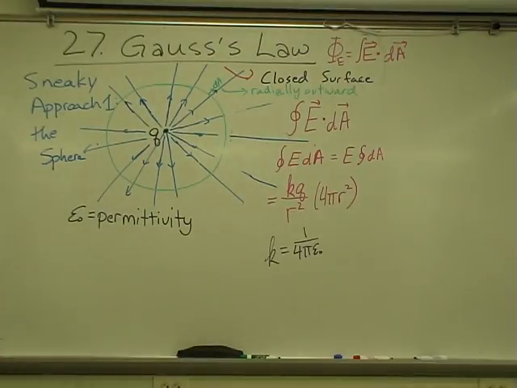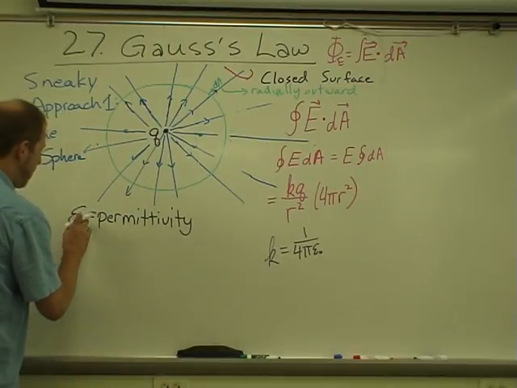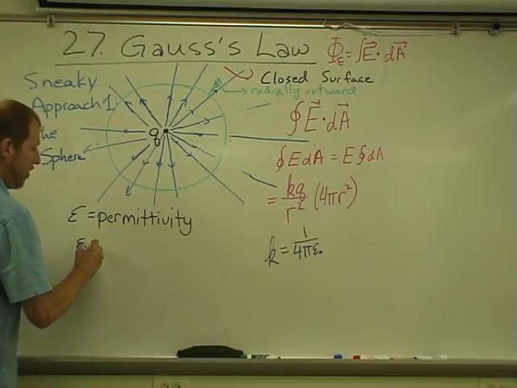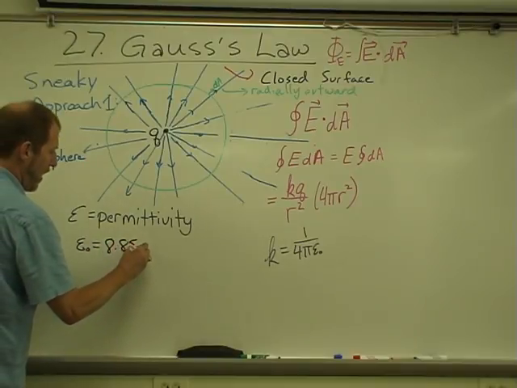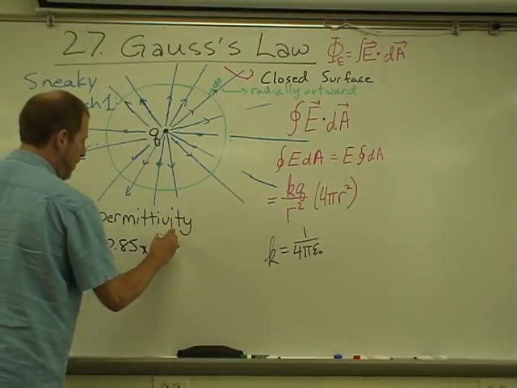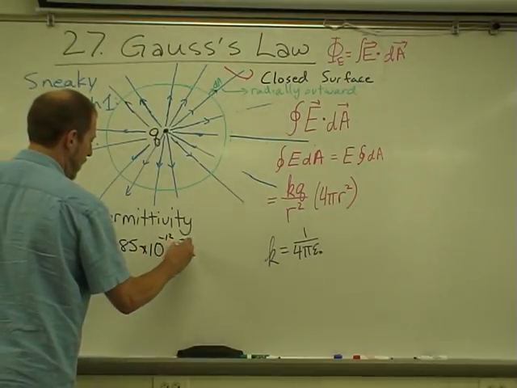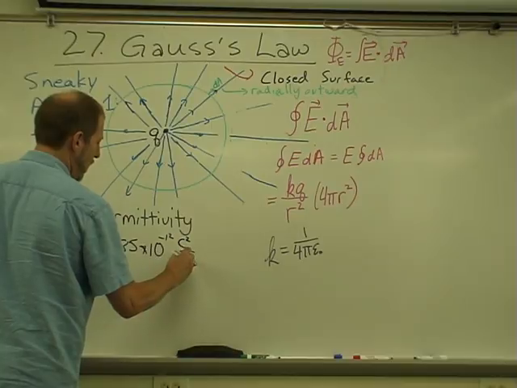So it's actually telling me something about the medium. I need to know the medium that it's in for this to work. Our basic value, well actually epsilon is the permittivity. Epsilon naught is the permittivity of free space, which is 8.85 times 10 to the minus 12 Coulomb squared per